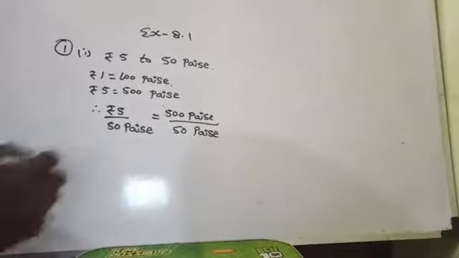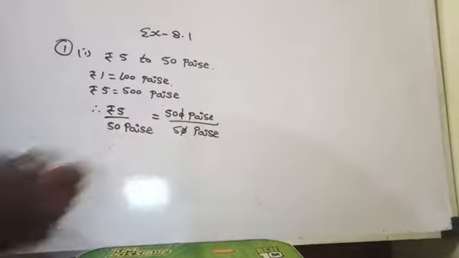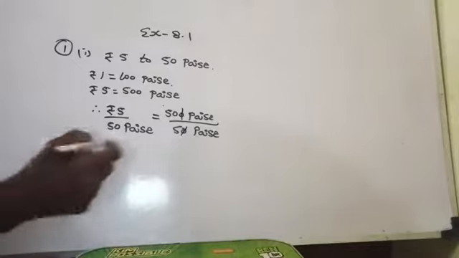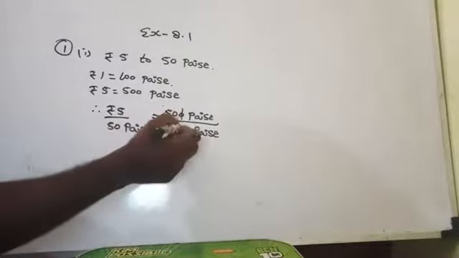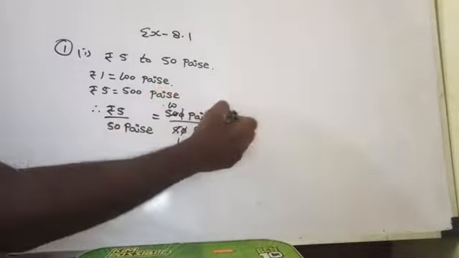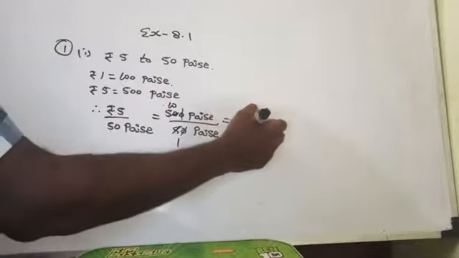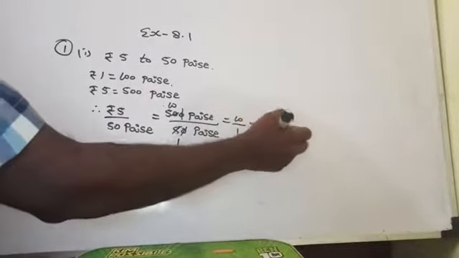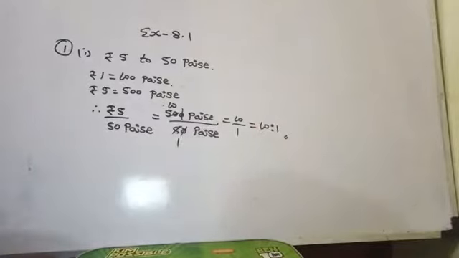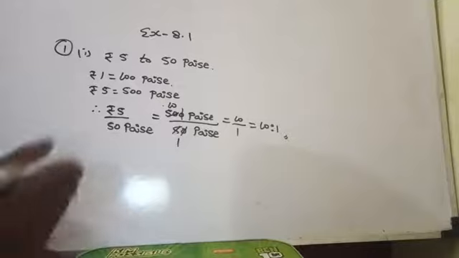Now strike out this 0, 0. Equal number of zeros you can strike out. Then how many times 5 is 50? 10 fives are 50. That is equal to 10 by 1. So it is in the ratio of 10 is to 1. Are you getting there? Yes. So you move to the second part then. What is the second part? It is given for you, 15 kg.